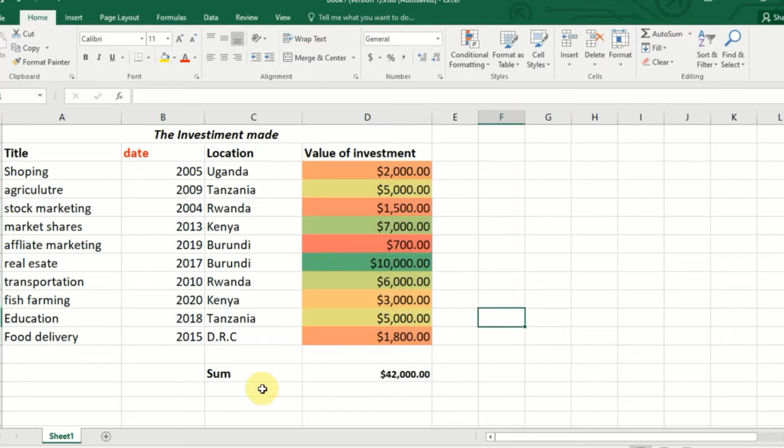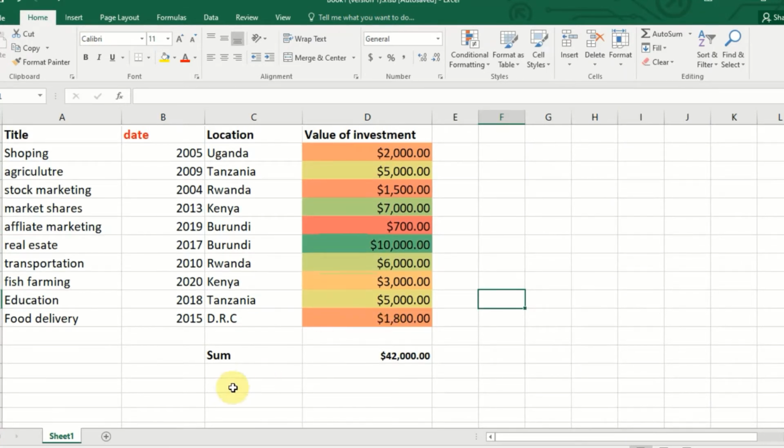Then you are given the answers. So this is an easy way of calculating the sum. Then how do we calculate the average? You just